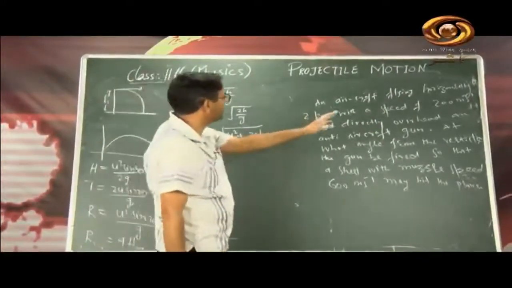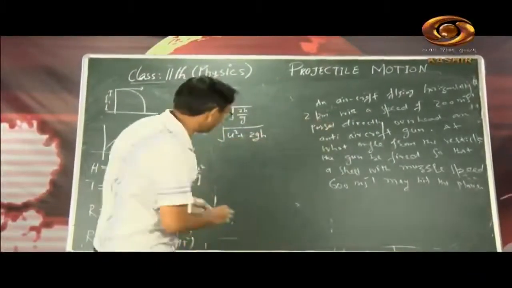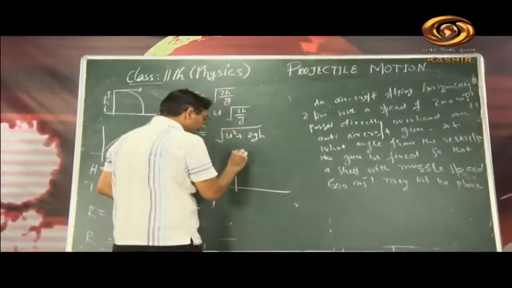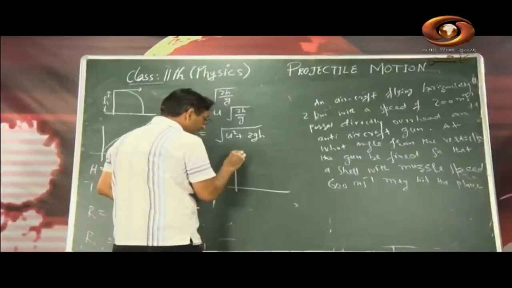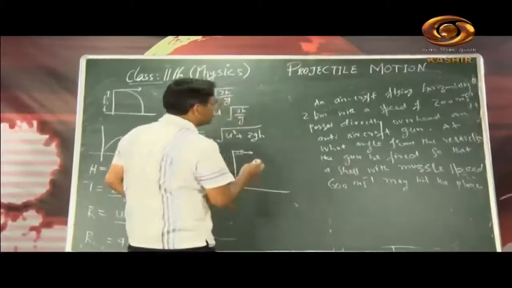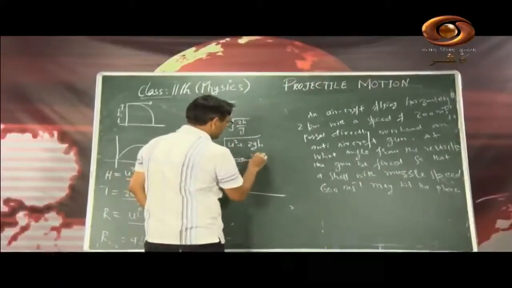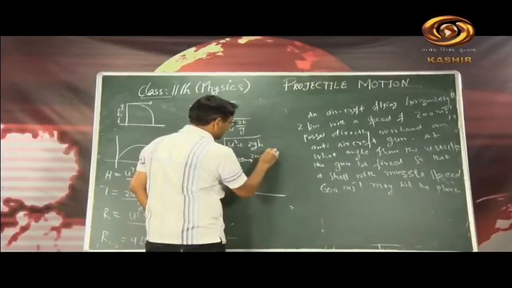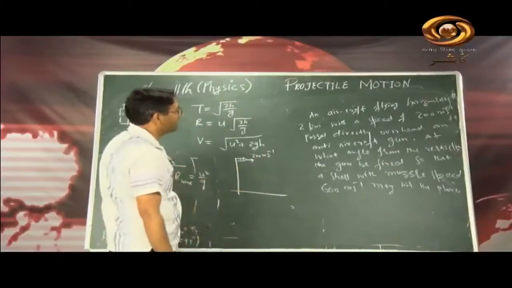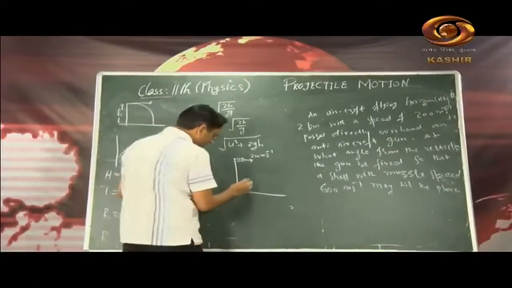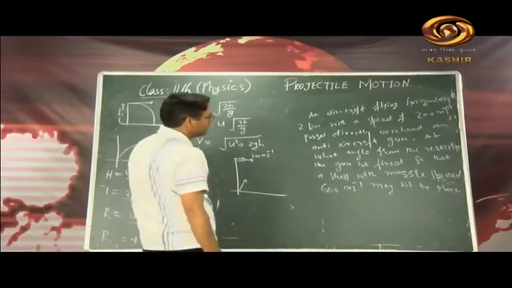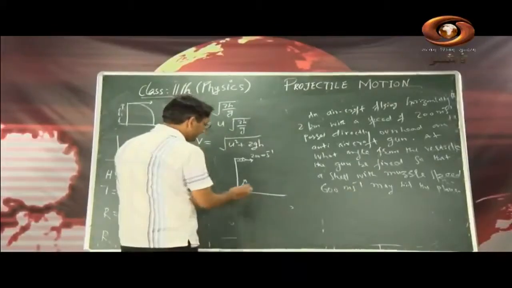An aircraft flying horizontally 2 kilometers high. So, let's try to understand this numerical. It's like this. Say this is an aircraft, its speed is 200 meters per second. It passes directly overhead an anti-aircraft gun. So if this is the anti-aircraft gun, at what angle from the vertical, so this is the angle,